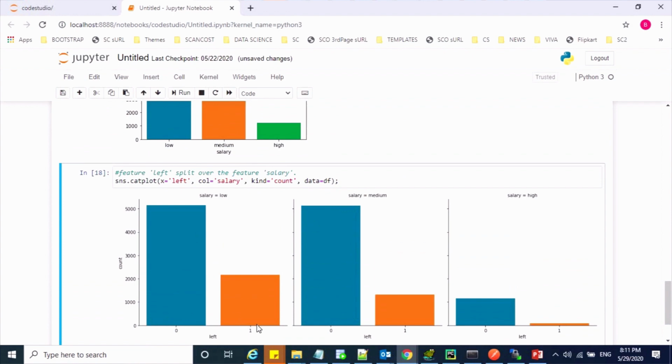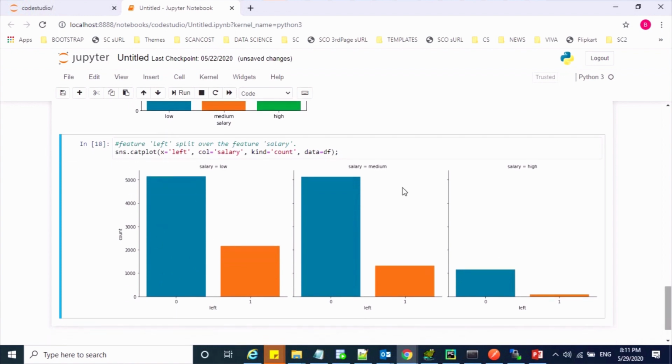The x-axis is your target column called left, and for each, the column called salary has three categorical values. Based on these salary values, the target column counts got split. As per the graph, the takeaway is that low salaried employees have a high churning rate, right? The low salaried employees are leaving.